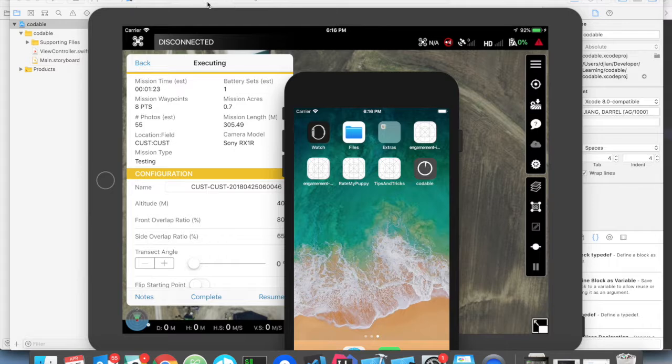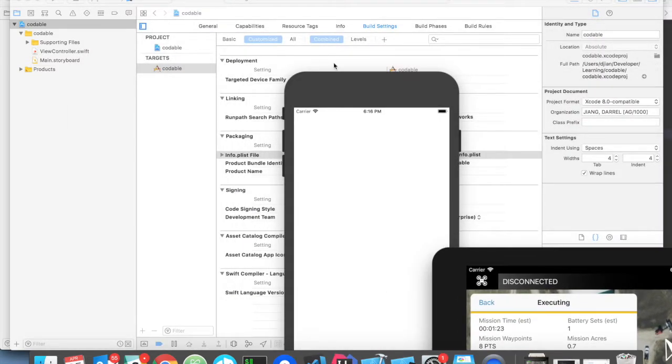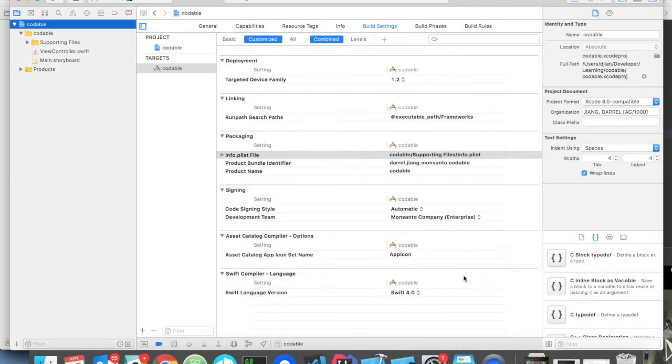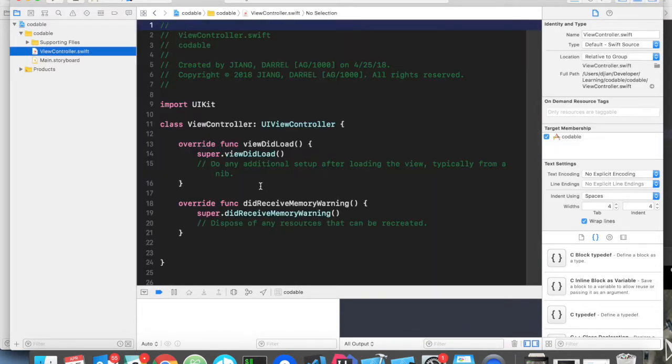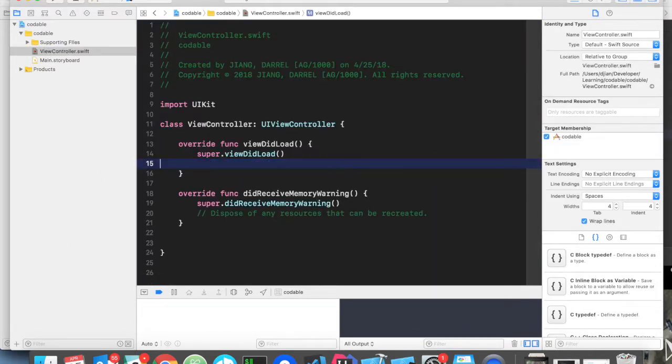We'll hide that for now. All right, cool. No errors so far. All right, no errors. Cool. All right, so since this is just showing you guys what Codable can do, I'm just going to do everything in the view did load for the most part. So, oops. So we're going to start off by